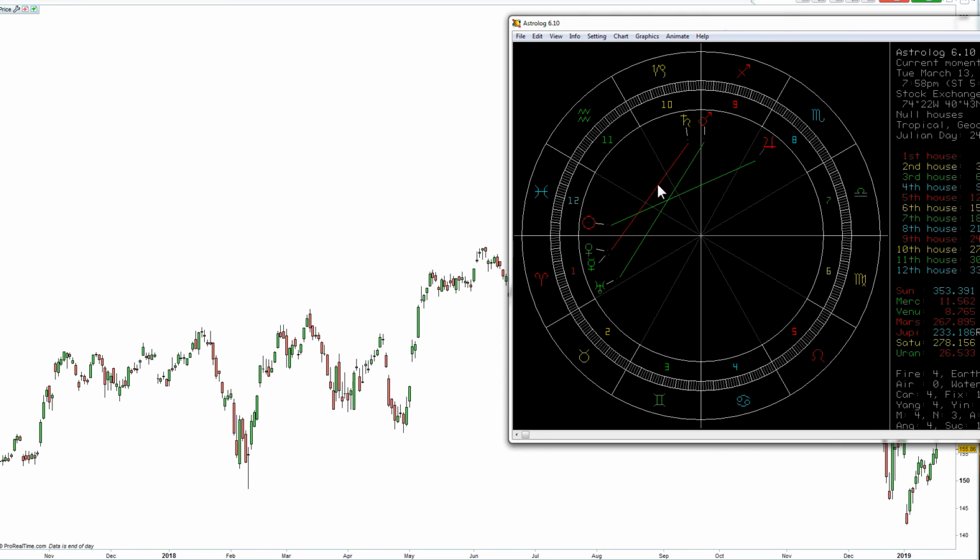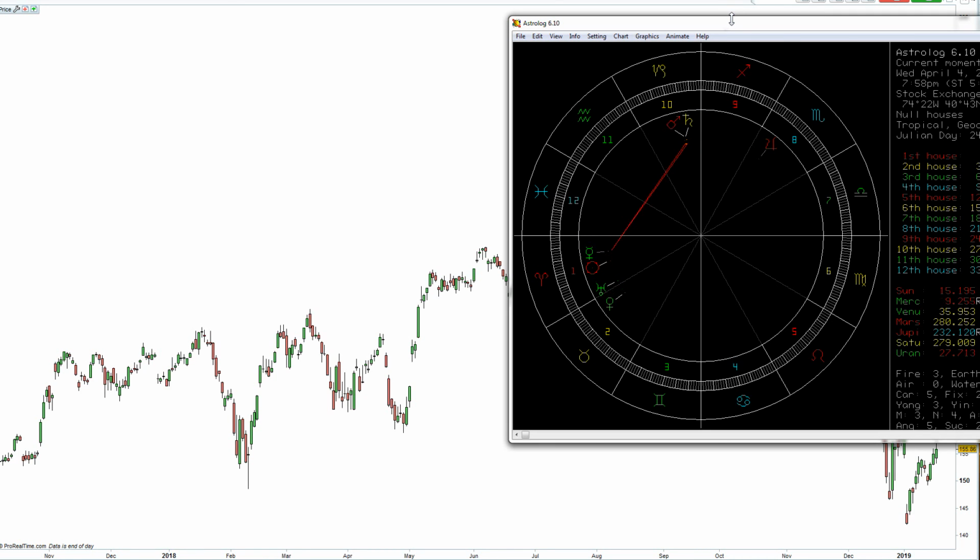And then we're going to watch Mercury and Venus in relationship to Saturn. We're going to watch Mars in relationship to Uranus, and the Sun in relationship to Jupiter. Remember, we're looking for conjunctions, oppositions, trines, or squares. So Mars is before Uranus and it's faster, so it's going to close in on Uranus. Mercury and Venus are faster than Saturn, so they're going to expand away from Saturn. And the Sun is going to expand away from Jupiter. So if we go forward,